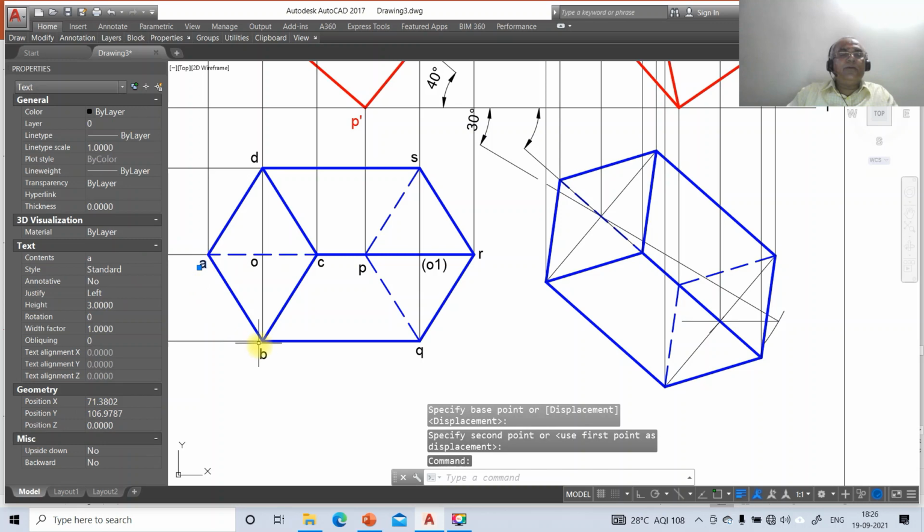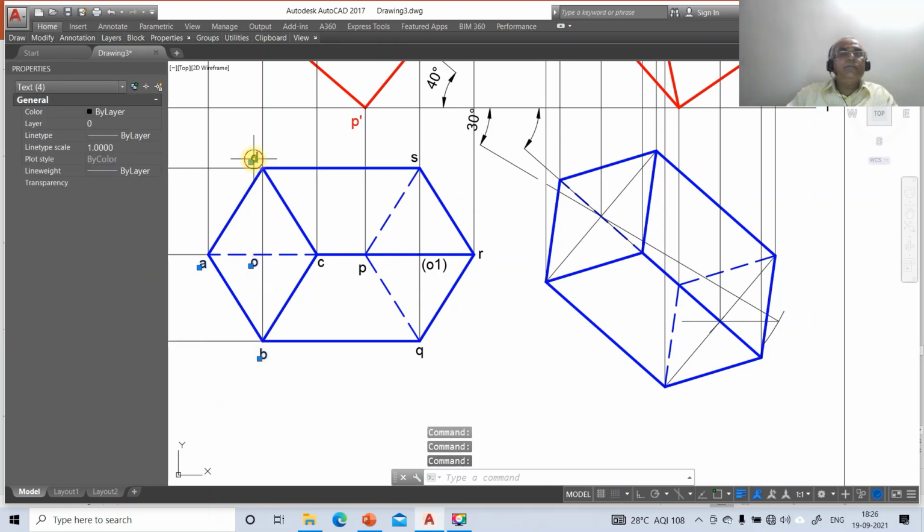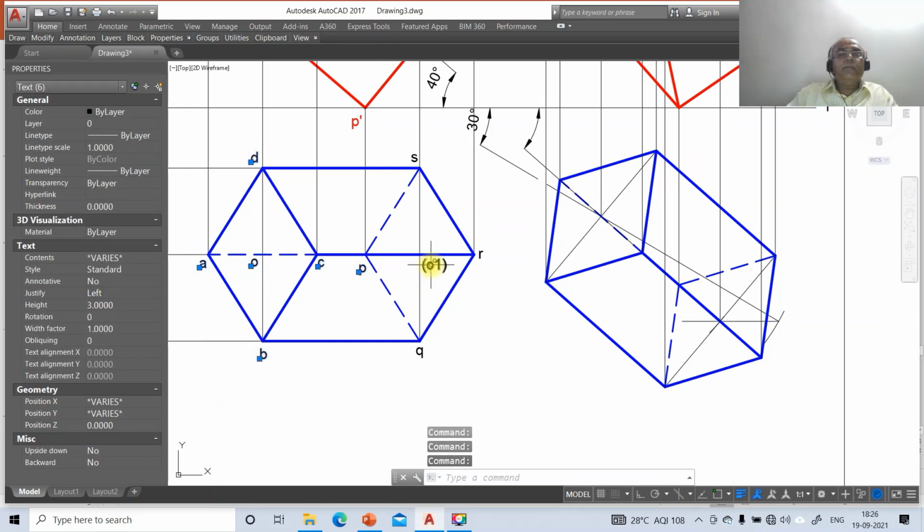Then click on all these points. Then change that layer to top view.